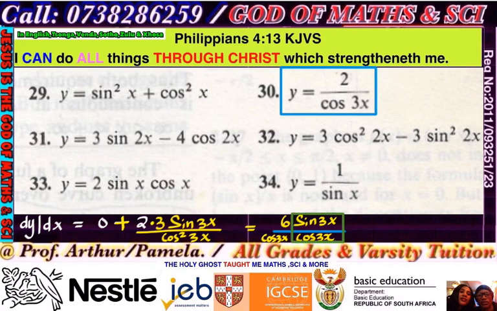What's in the box is a tangent. Can you see that? So you can have 6 tangent 3x all over cos of 3x. You can do that. But no need to. You can just keep it as squared for now. You keep it as that one in the bracket squared. That will be that. But you can